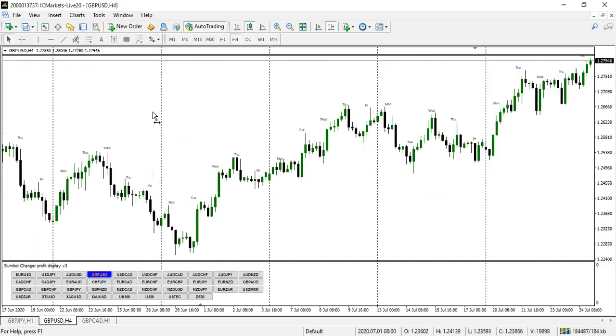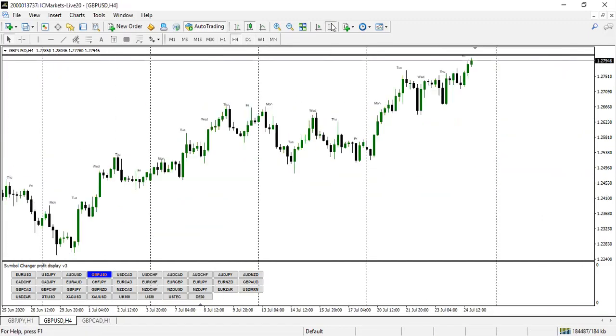Then on the 4 hour, let's see the 4 hour and see where we might likely buy this pair. Now on the 4 hour time frame, this is actually not a clear zone for us, because the market was really consolidating here, and I personally don't like to buy in a consolidating market. This is actually a very risky one. The market should come back to this zone, but the best zone for the 4 hour